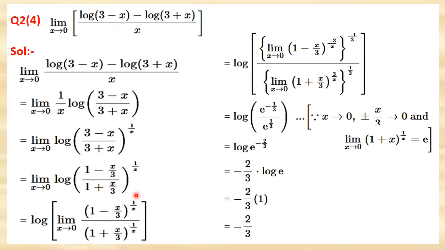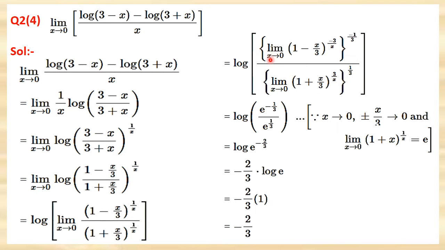So we have to adjust this exponent as (1 minus x upon 3) raised to minus 3 upon x, we will write first, and the remaining part we will write as minus 1 upon 3, to get this 1 upon x after multiplying these two exponents. Similarly, adjust the denominator as (1 plus x upon 3) whole raised to 3 upon x. Reciprocal of x upon 3 is 3 upon x, raised to 1 upon 3. Then you will get 1 upon x only after multiplying these two exponents.